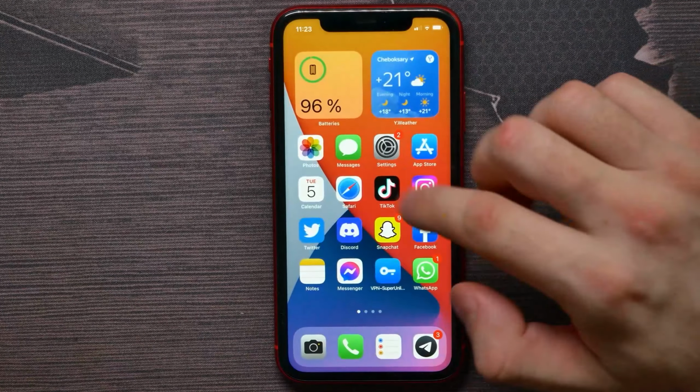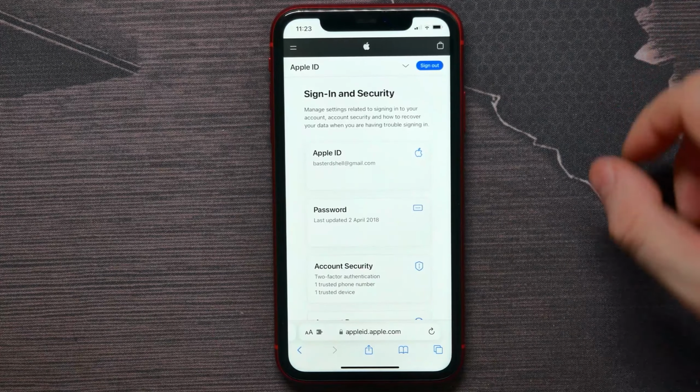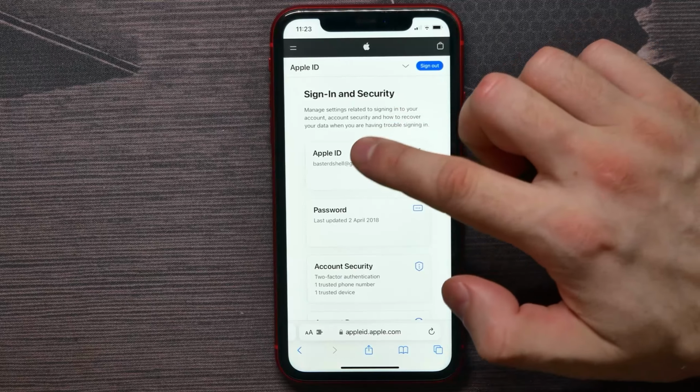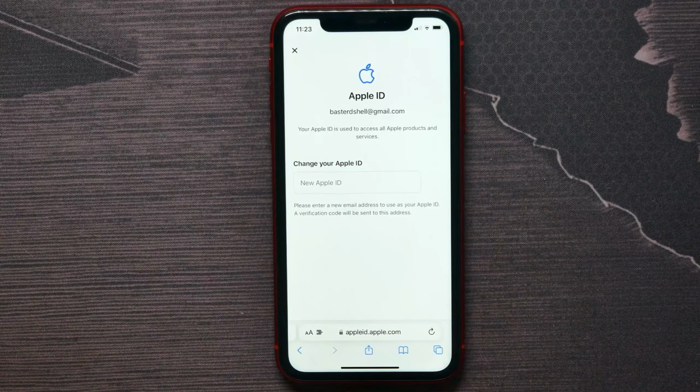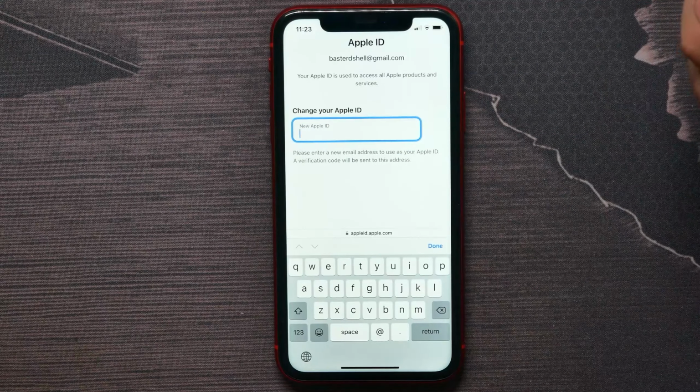After that, you need to open up your browser. I will use the Safari browser and go to appleid.apple.com. Once you are on that site, you can use your Face ID to sign in, and after you sign in, hit on Apple ID, and there you are able to enter a new Apple ID for your current